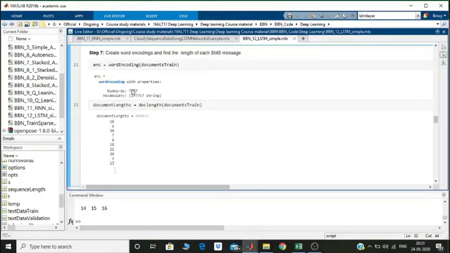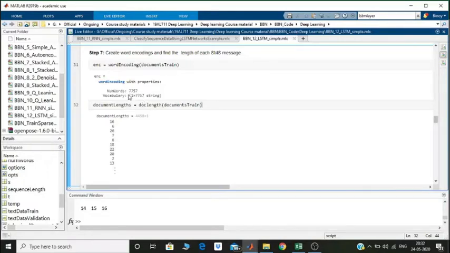In that case, learning will become slightly difficult if you have a very small vocabulary. The larger the vocabulary, the better will be the learning. Unfortunately, for that, you need to have a larger data set. So for this example case, we have a vocabulary of 7,757 words extracted from about 5,500 SMS messages. So this is good enough for our application.